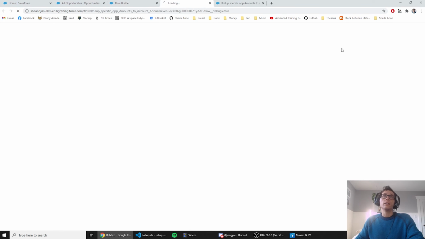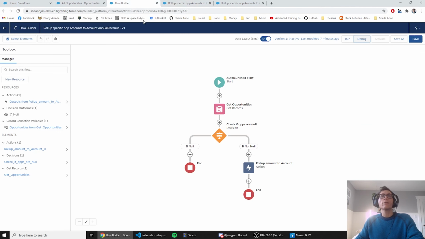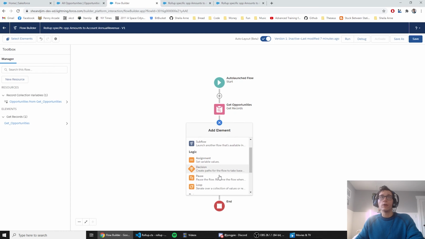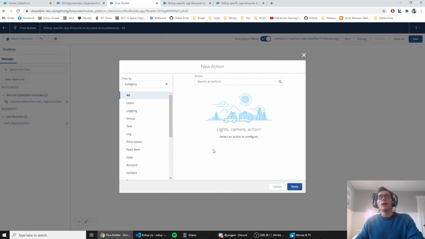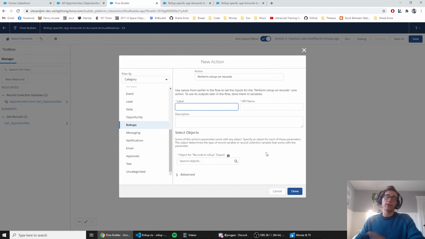And so if I debug this flow and I run it, what you'll basically see is that we get to the decision element, and when that condition is evaluated, we can see that the opportunities are null, and so nothing happens. If I were to go back and remove this element entirely and create a new action specifically for rolling up, you'll see the issue that I'm facing. And this will also serve to go through the required inputs when you are using Apex Rollup from within a flow. So I'll just say rollup